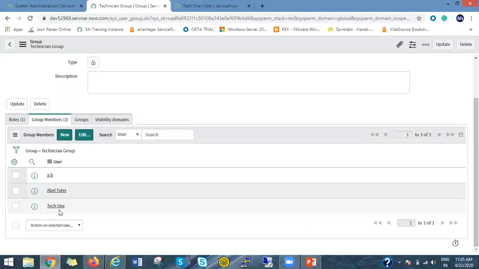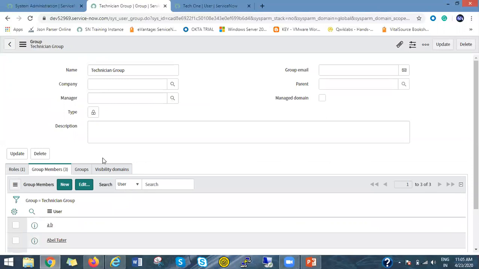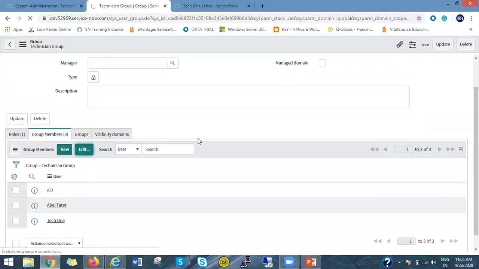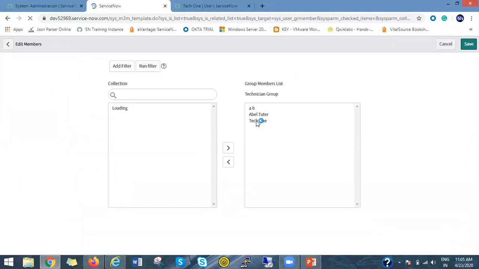Same way, let's say that tech one left the organization, or you don't want tech one to be a technician anymore. In that case, you should come here to that group and simply remove tech one from this group.